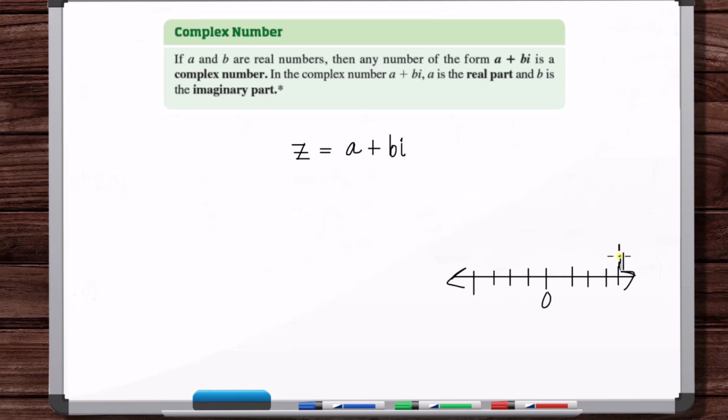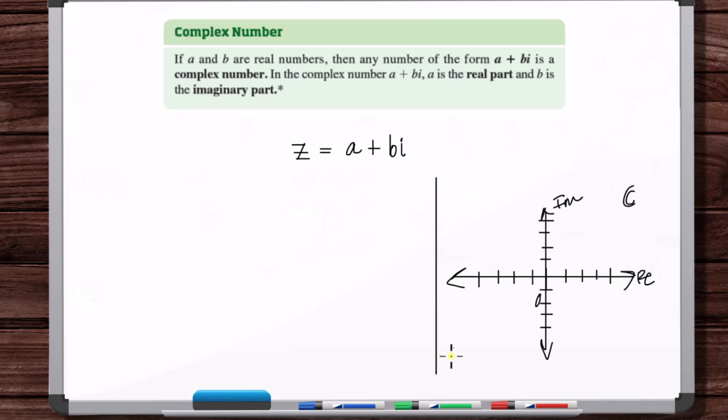That's kind of a way you can model all real numbers. Well, we think about all complex numbers as existing in what's called the complex plane, where this is the imaginary axis and this is the real axis, and we just call this the complex plane C. Okay, and so all complex numbers we think about as existing not on a line but in a plane,